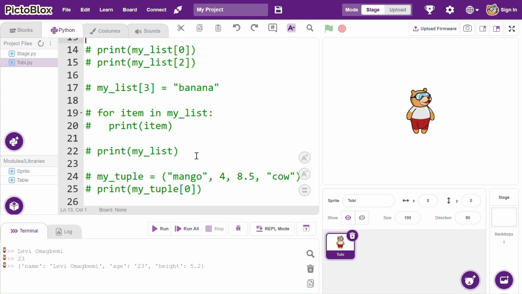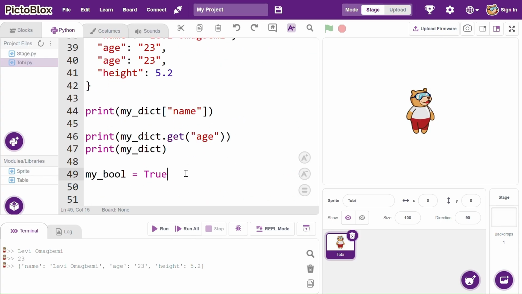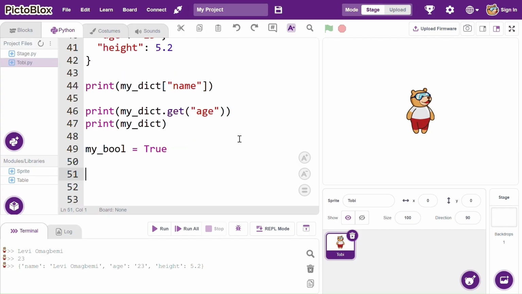All right, so let's say we're writing a program and we're going to store the name of a person in the program, but we don't know the name of that person yet. So let's say name. You can simply assign none